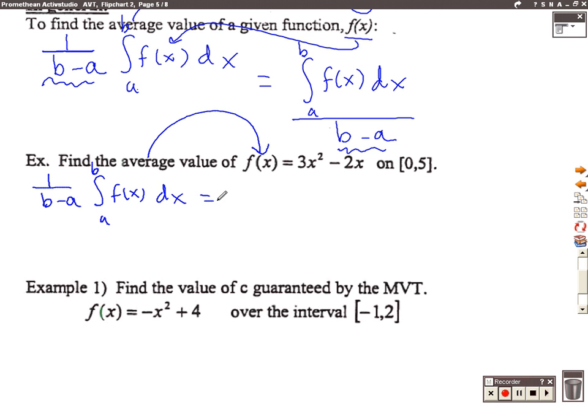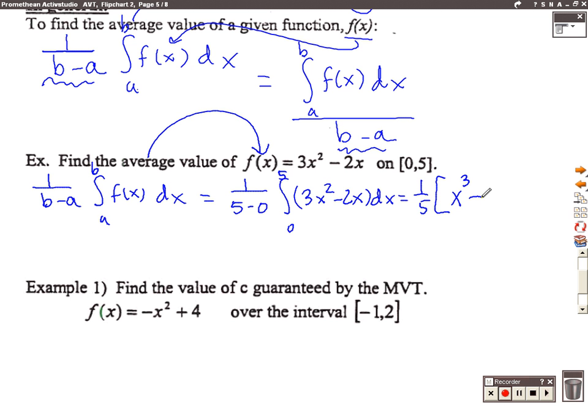So that would give me 1 over 5 minus 0 times the integral of 0 to 5 of 3x squared minus 2x dx, which would give me 1/5 of 3x cubed over 3, which would be x cubed, minus 2x squared over 2, which would be x squared,